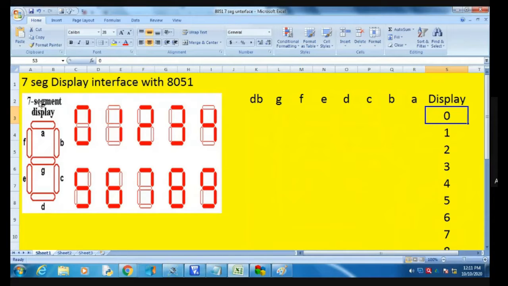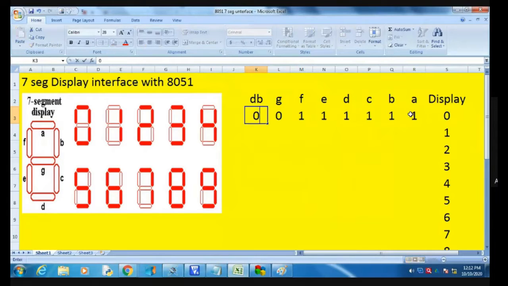So for 0, A glows, B also glows, C, D, E, F are in the on state and only G is in the off state. So we consider A equal to 1, B equal to 1, C equal to 1, D equal to 1, E equal to 1, F equal to 1. G is not used, so G equal to 0 and DP is also 0.